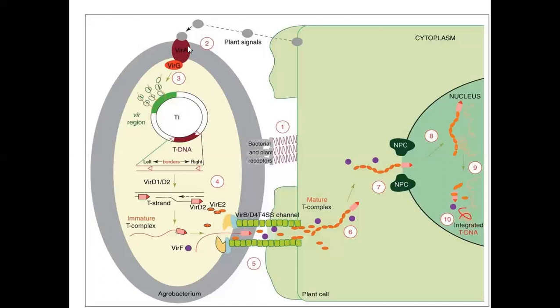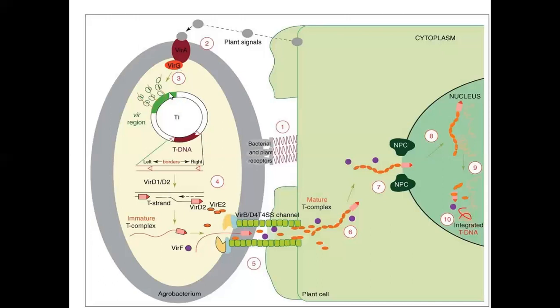The Agrobacterium cell wall contains virulent protein. The virulent A protein passes signals to virulent G protein. The virulent G protein receives signals from virulent A proteins to form mRNA